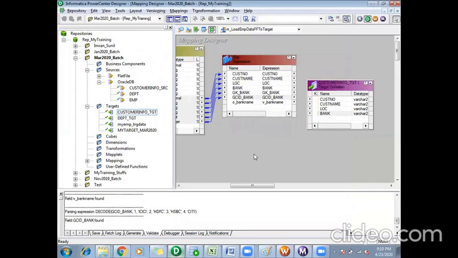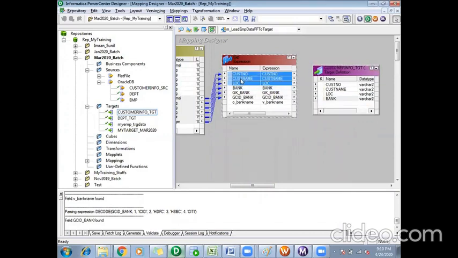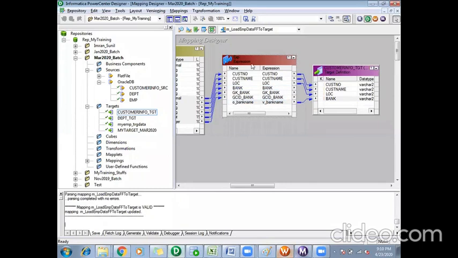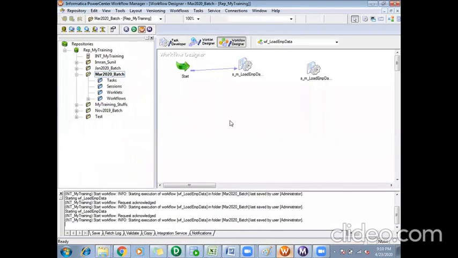So now instead of linking this bank to my target, which I did earlier, this bank port was having the values as YN. Instead of that, I will link this O_bank_name to bank here. I will save this, refresh my mapping and rerun.